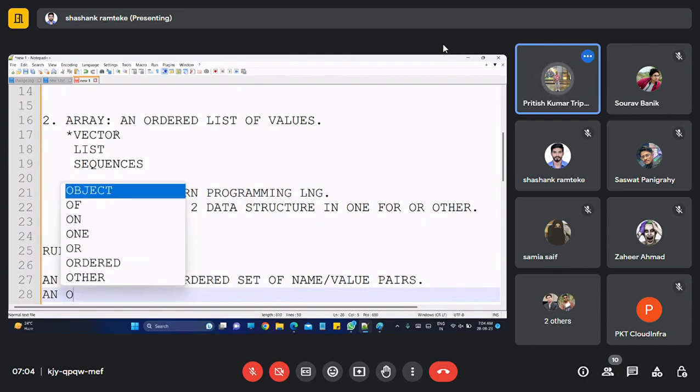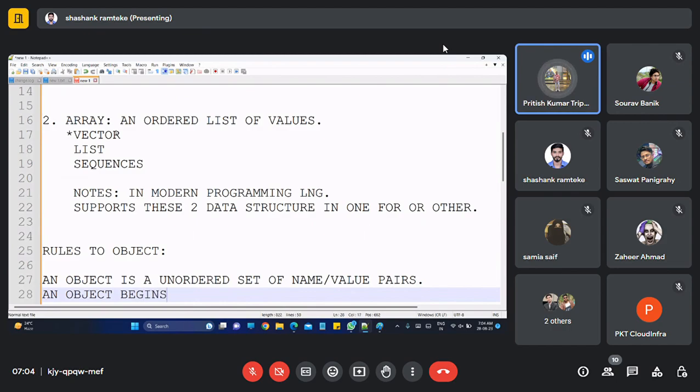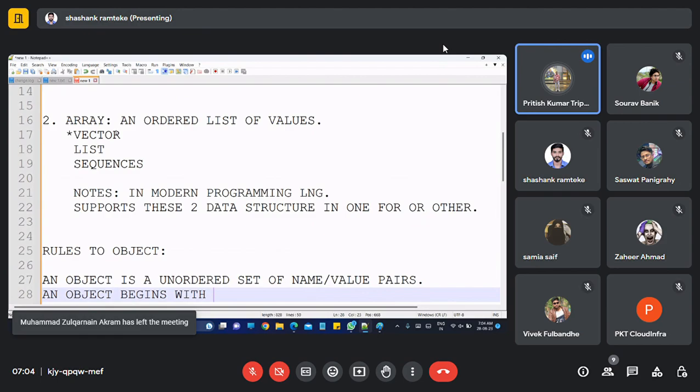An object begins with a left curly brace, like this one.